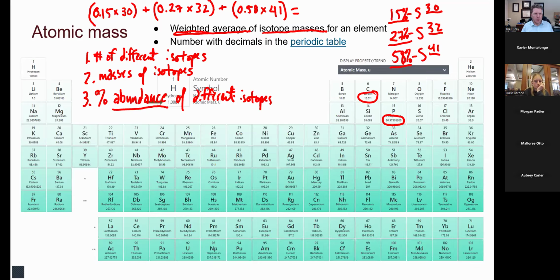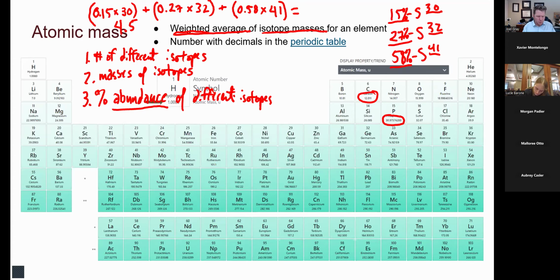Wonderful. So we're going to do each one of these individually. So 0.15 times 30. It's going to give me 4.5. So I'll write that down below. 4.5. Then I'm going to do